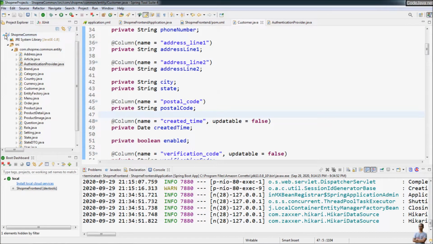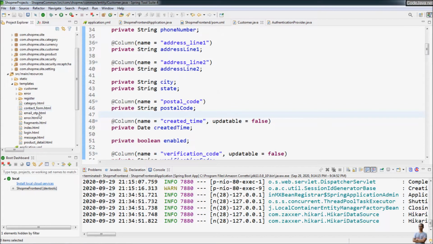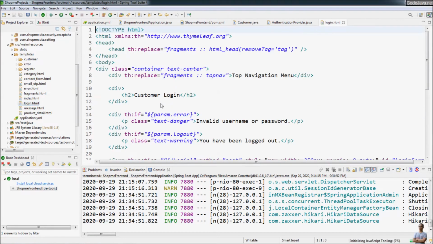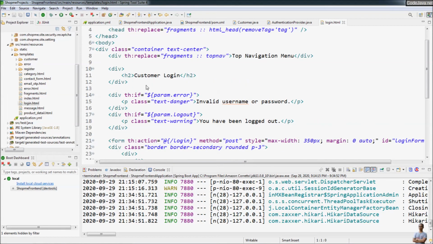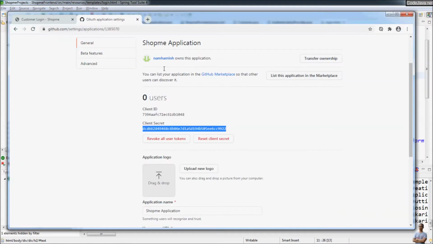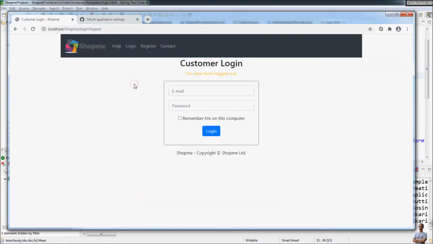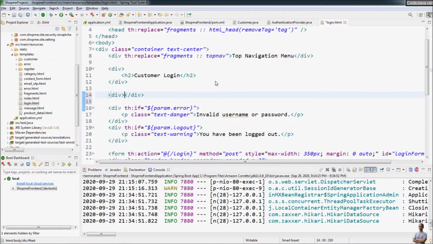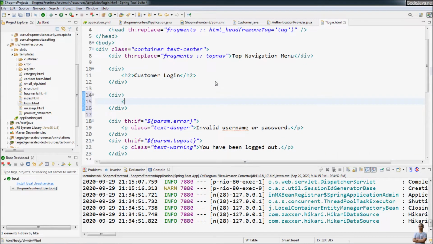Next, let's update the login page to add a hyperlink that allows the user to log in using GitHub. So open the login page HTML here. And you can see this is a customer login page as you have seen here. And now we add a hyperlink after the heading customer login here. So I use a new div section here, and I use the heading for tag, a tag for the hyperlink login with GitHub,